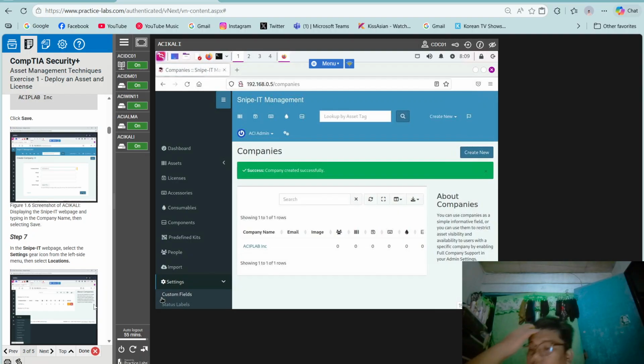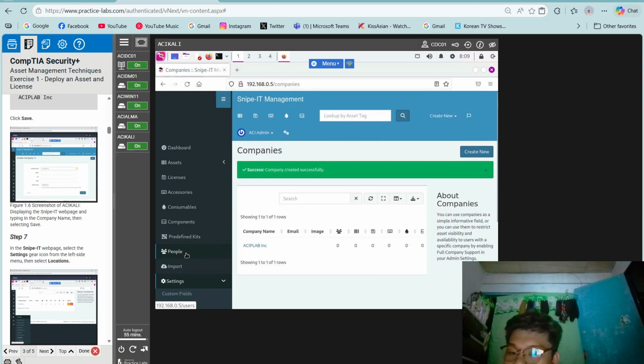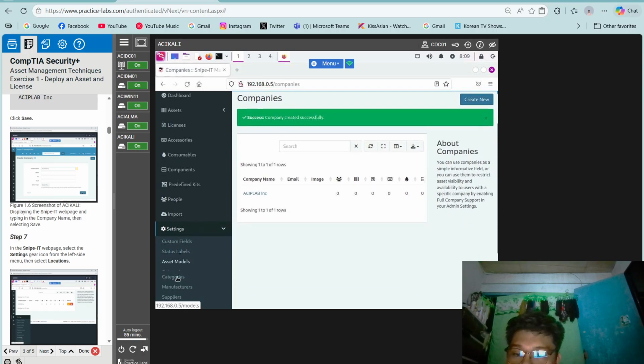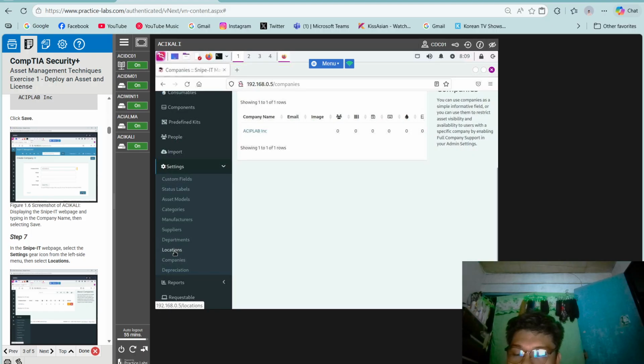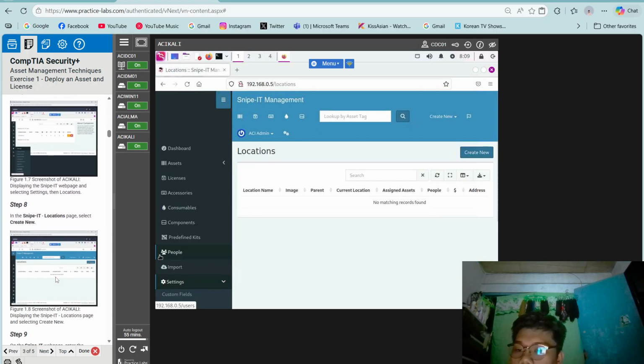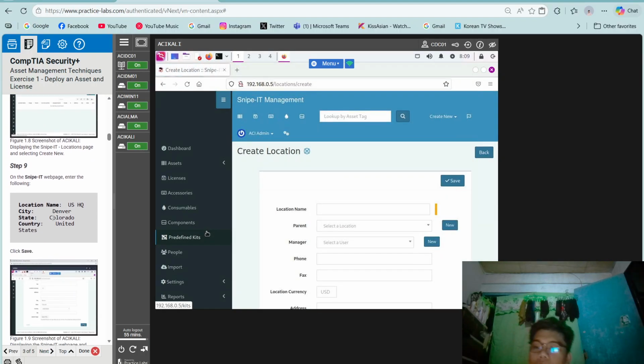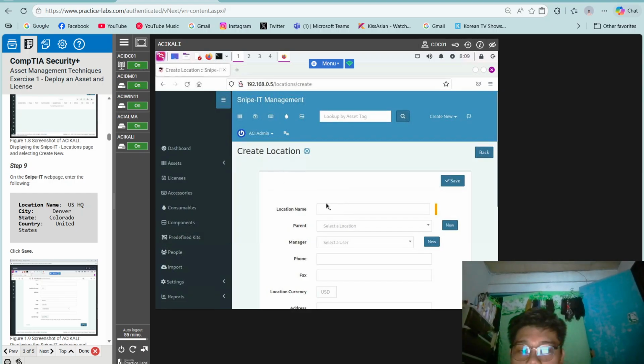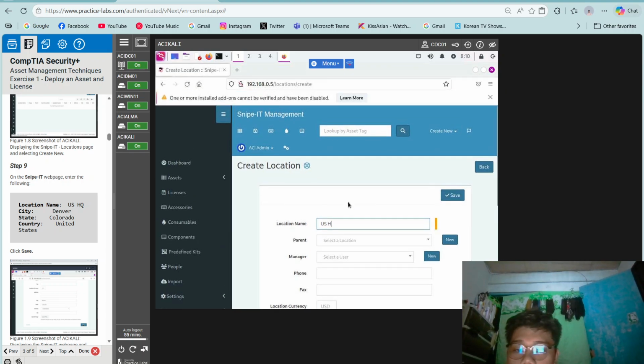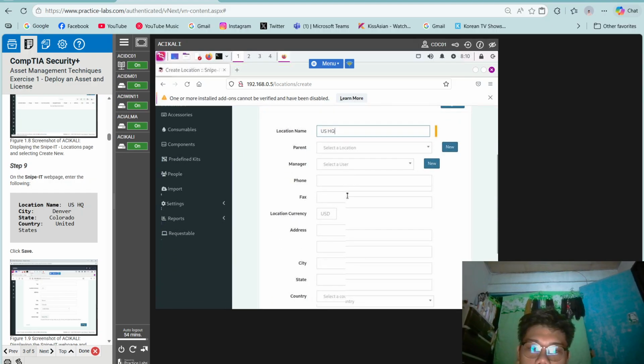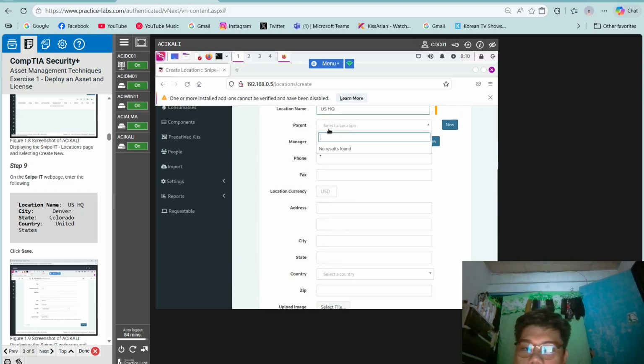Then step 7, select the settings gear icon from the left side menu, and select locations. So settings, then locations. Step 8, select create new. Then step 9, enter the following. So location name, US HQ, parent or city,